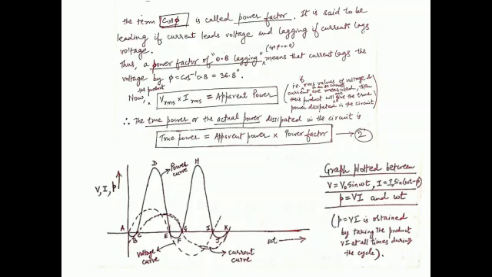Now the graph that you see on your screen is basically a graph plotted between the voltage, the current, the power, against the time, that is omega t. Here the small p is simply V times I, the product of the instantaneous values of the voltage and the current, obtained by simply taking the product VI at all times during the cycle.